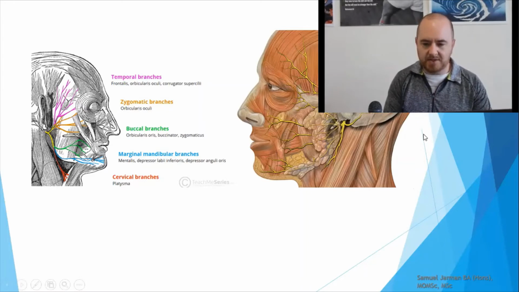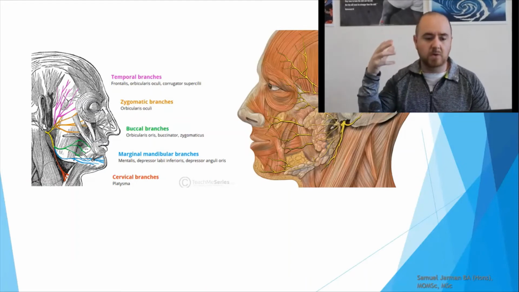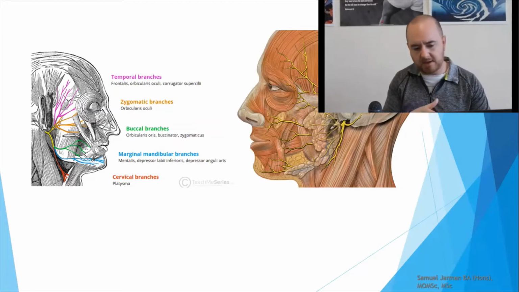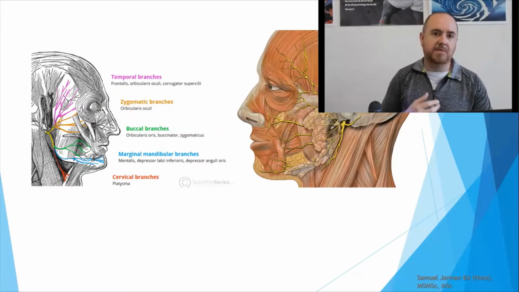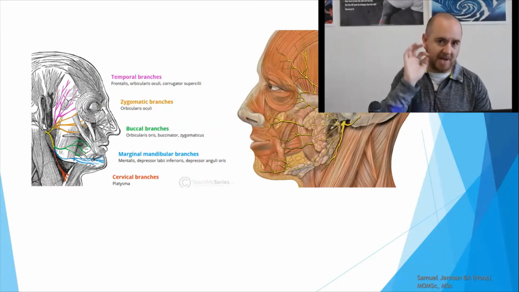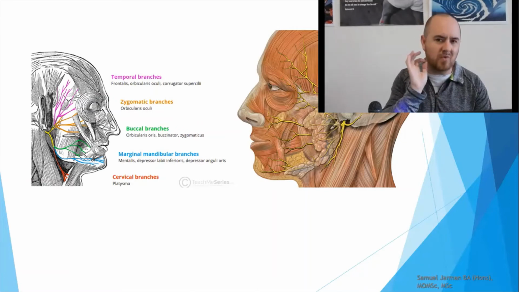Now, the other thing to note specifically about the facial nerve is that it goes directly through the parotid gland, right? So it's going to innervate the parotid gland to some degree. It's also then going to send off the branches, the temporal, the zygomatic, the buccal, the mandibular, and the cervical branches from inside of the parotid gland. So first of all, you're considering the path of the facial nerve coming out in and around the ear, right? I forget the specific framing off the top of my head, but it's in and around the ear.